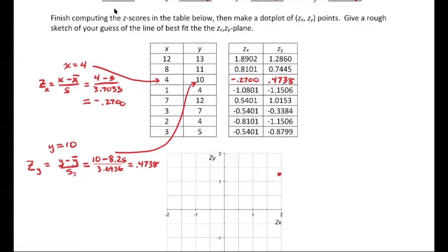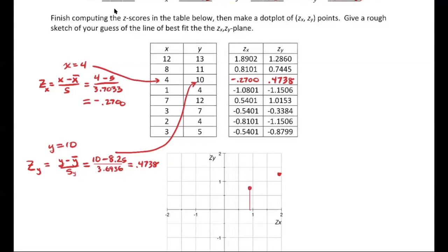Okay, my pen has died again. I think my stylus may be dying. That's a tragedy. No, it's working again. Okay, 0.81 I should say, and 0.74,